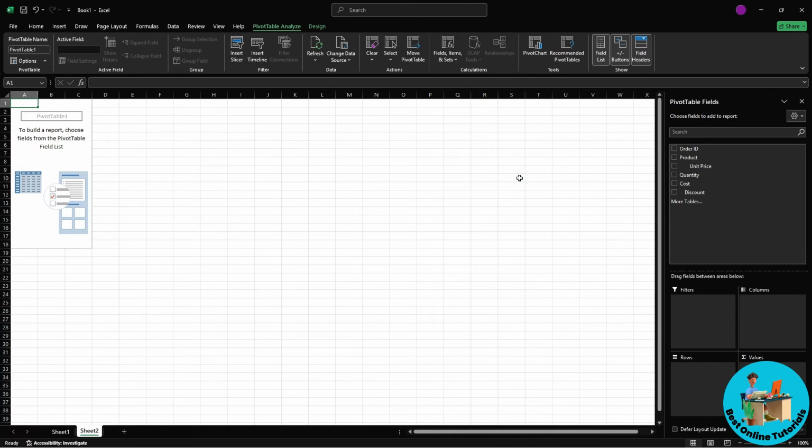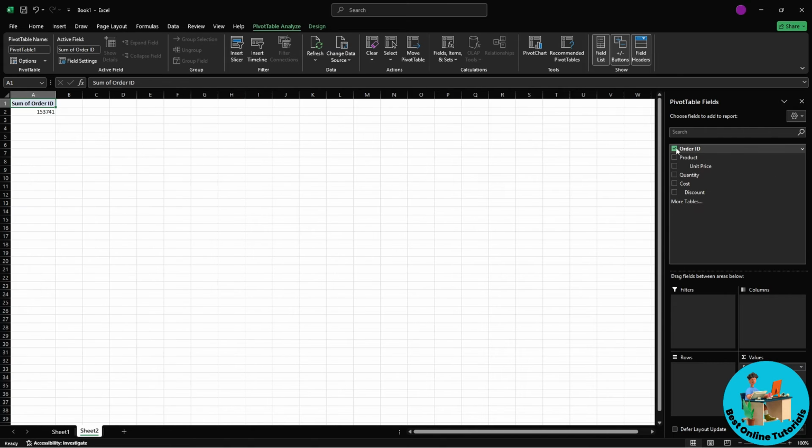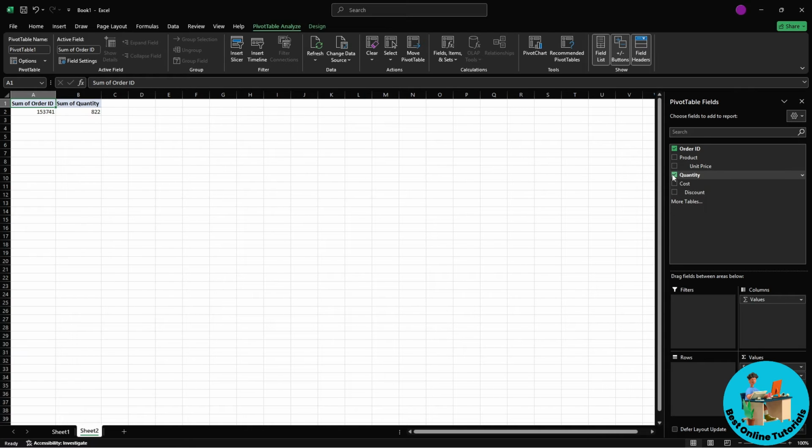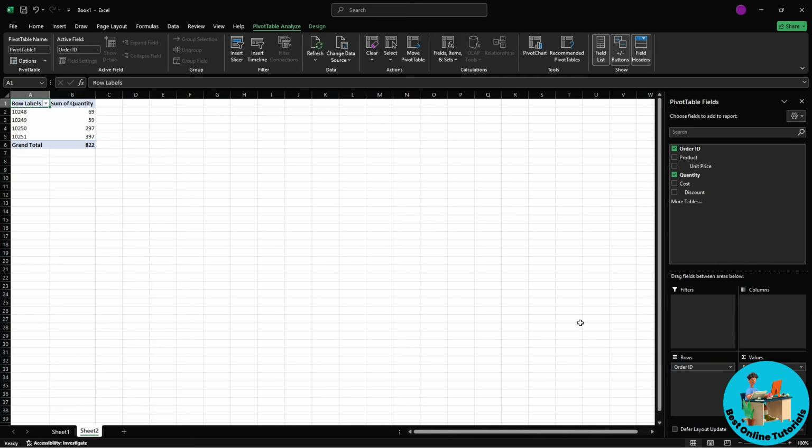Now from here, as you can see, you will have all of your categories. So let's say I want the order ID, and now I want the quantity as well. So guys, here by default it will be in the values. To expand this, you could just simply select the order ID and go for the rows. Now from here, you should be able to see the total of the order ID that we have and the